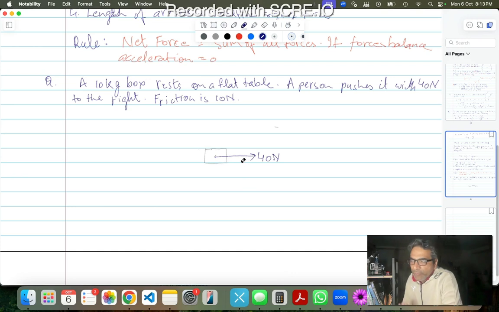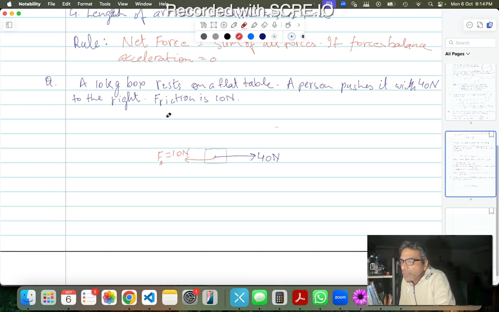So if there is a force towards the right, there must be a friction on the opposite side. What is it? The friction should be on the opposite side, right? So this is the force of friction,